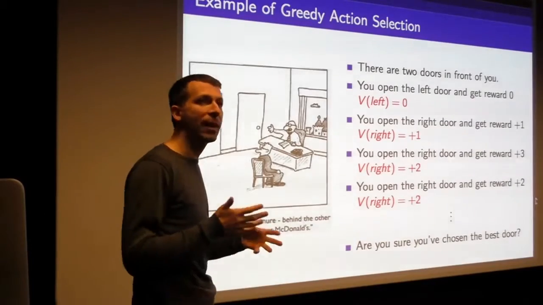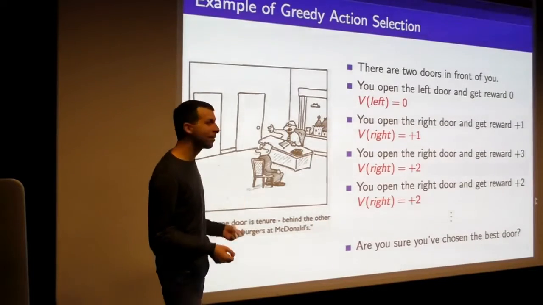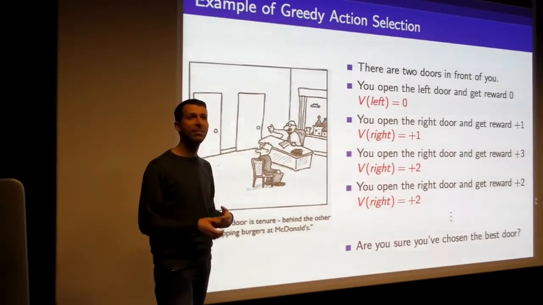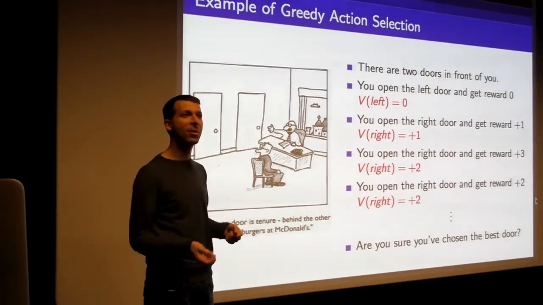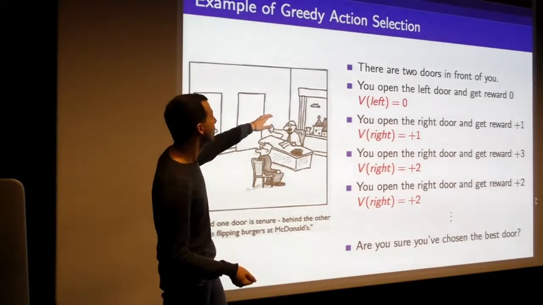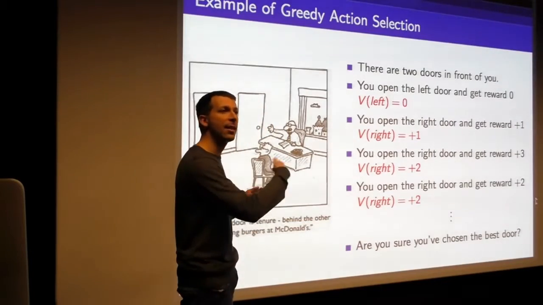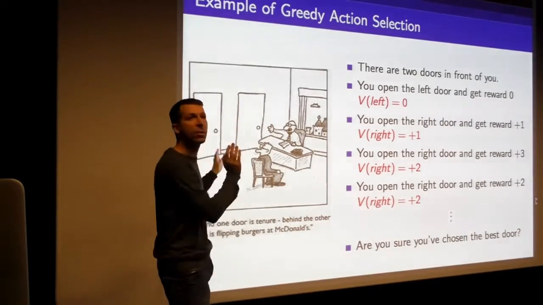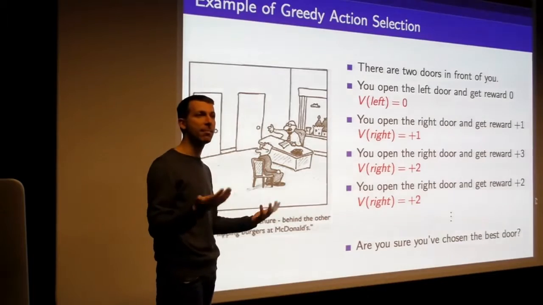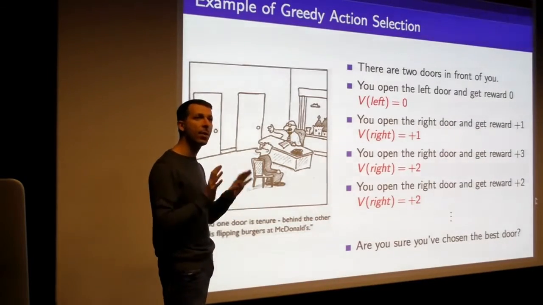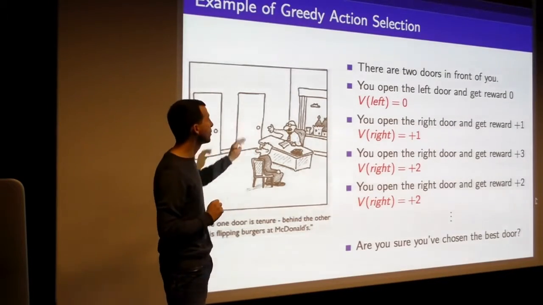So here's an example to make that a bit clearer. This is something from the academic world where you can imagine there's some situation in life where you've got two doors and you're trying to pick the best door. In this cartoon, one of them has tenure, and one of them is flipping burgers at McDonald's. So now we have to figure out by trial and error which door to go through. Let's say you get repeated trials, and the outcome of these doors is stochastic. You're just going to get some immediate reward. This is called a bandit problem. We'll see more examples of this in a subsequent lecture when we focus on exploration. You've got two choices, door 1 or door 2.